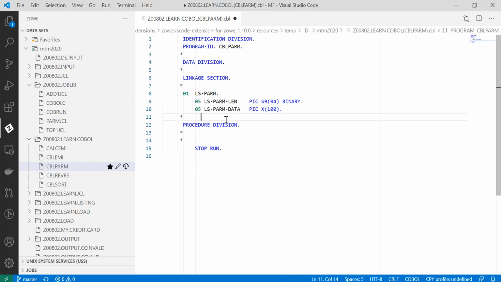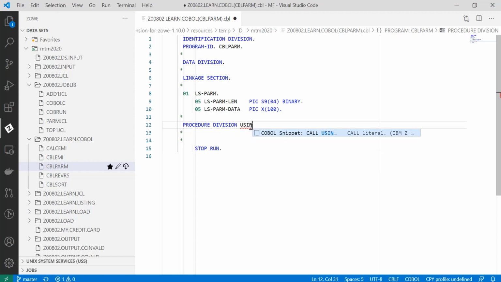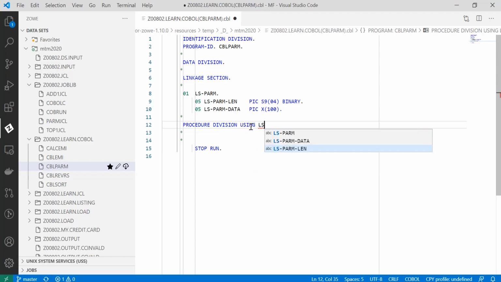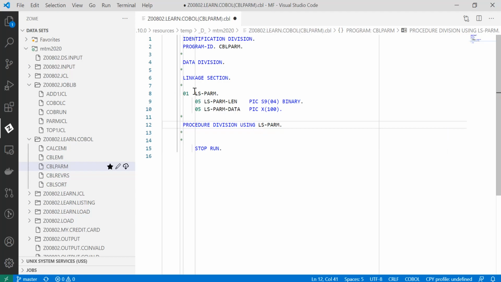So now, as you can see here, we have defined a linkage section in the COBOL program. Another thing needed is to define a procedure division with the mention of using this particular data structure in the linkage section, that is LS-PARM.